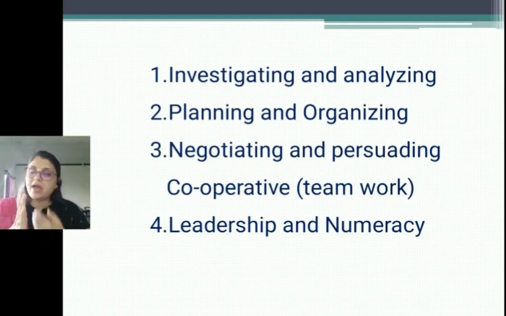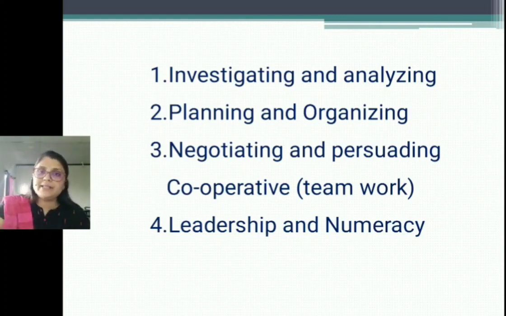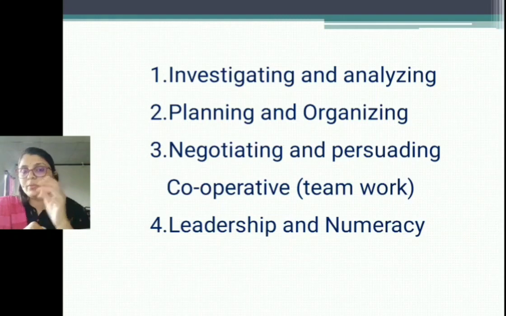There is also some procedure: preparation, planning, then discussion, then bargaining. All these things come under negotiation. Without negotiation, we cannot set up in the market. We cannot buy or sell a particular product in the market. Bargaining, you know very well. When we go to the market and want to buy sabji or vegetables, at that time you should negotiate.